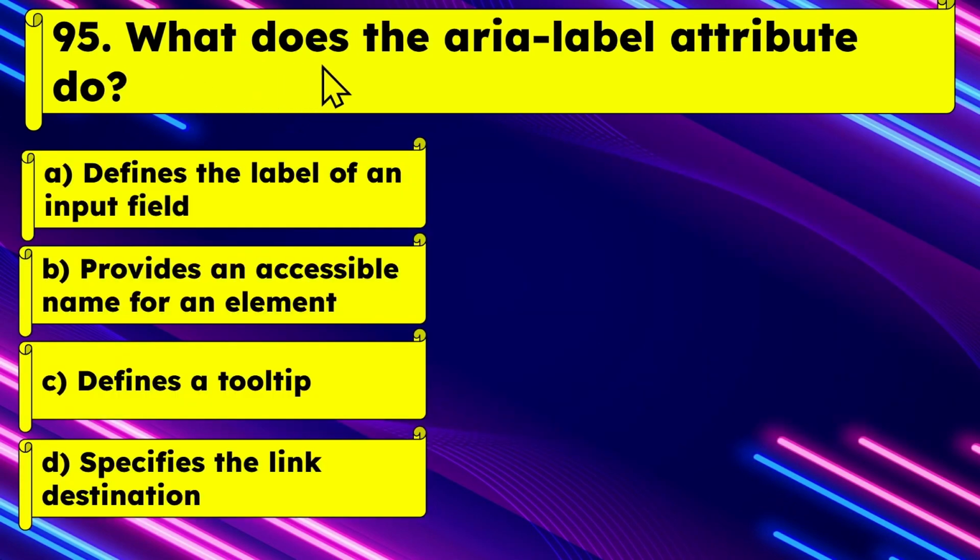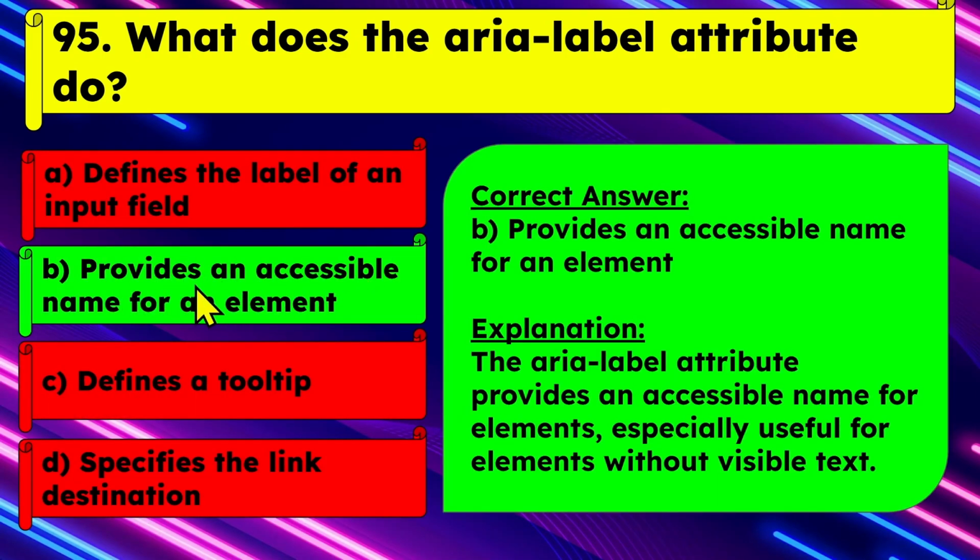Next question is, what does the aria-label attribute do? Option A, it defines the label of an input field. Option B, it provides an accessible name for an element. Option C, it defines a tooltip. Or option D, it specifies the link destination. So here the correct answer will be option B, it provides an accessible name for an element. As you can see, the aria-label attribute provides an accessible name for the elements and is especially useful for elements